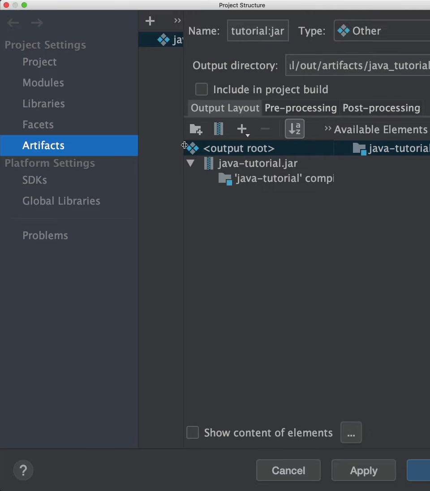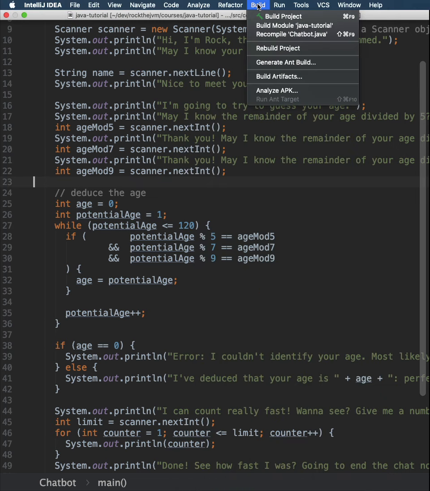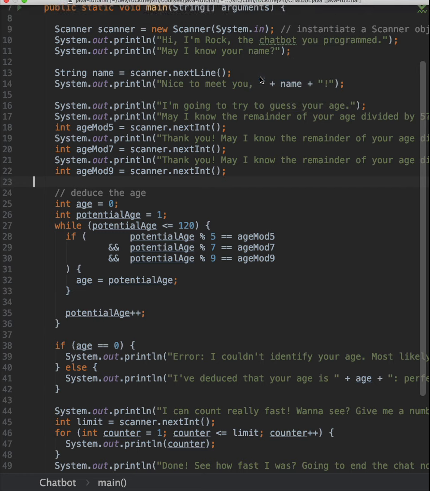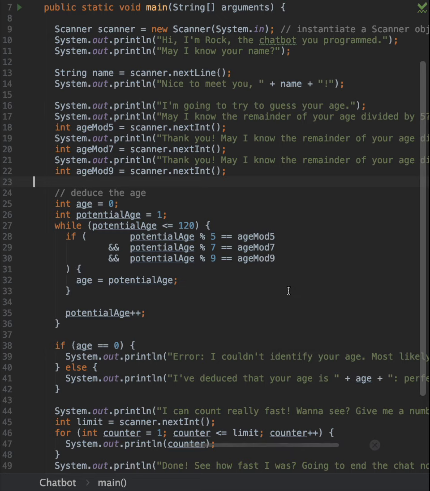So now we have our first specification of an artifact that is a standalone application. Hit apply and then OK. Good. Now, at the very top in the build menu, you will go to build artifacts. So click here, build artifacts, and a small pop-up will show with your Java tutorial jar, and hit build. The compiler should be really fast and compute the jar that you will be able to send to other people